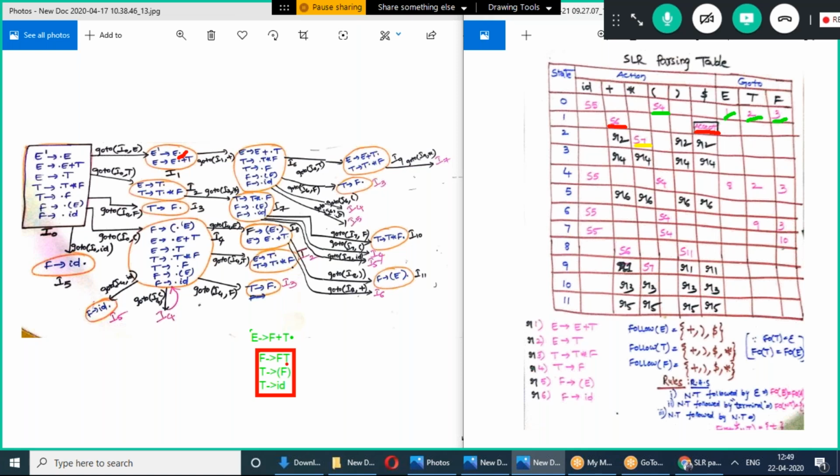Since this is a non-terminal, we should find the first of this T. How do we find the first of T? We should find the T productions. So these are the two T productions. After the arrow, whatever terminal symbols there are, all those terminal symbols come under the first of T. In this case, first of T is open parenthesis, comma, id, because those two are the terminal symbols.